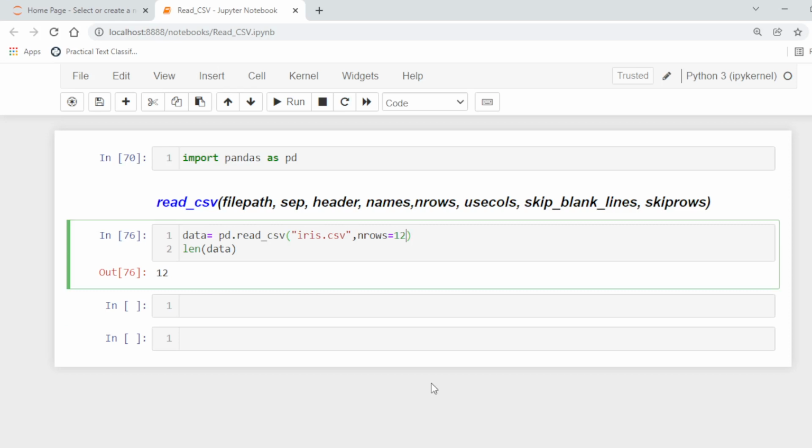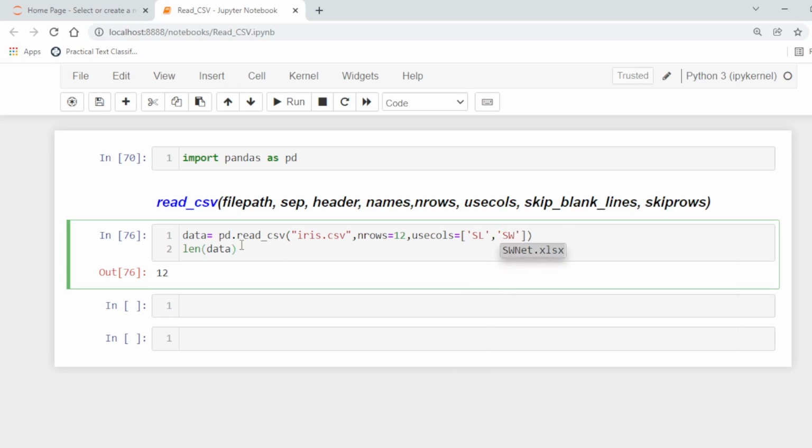Similarly, if you want to read some specific columns, you can use usecols. We want the first column, sepal length, and the sepal width.